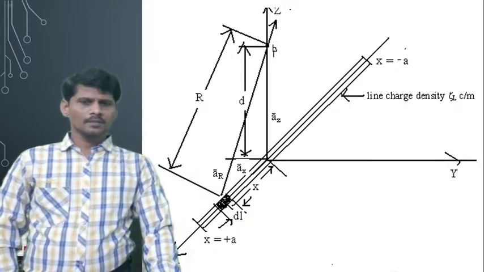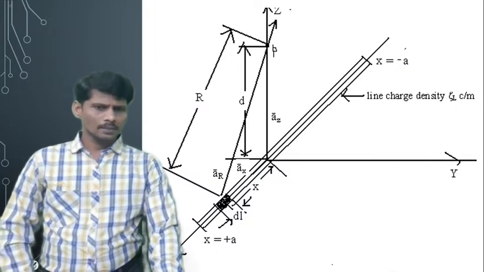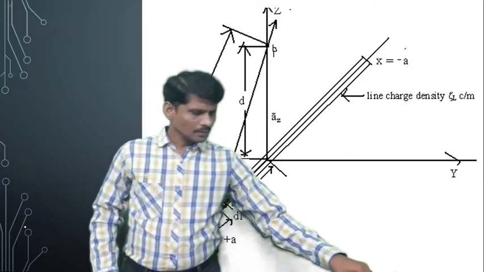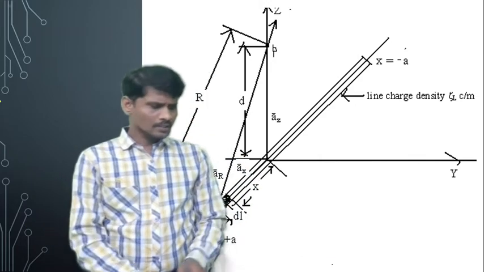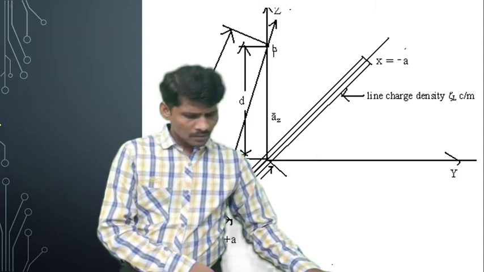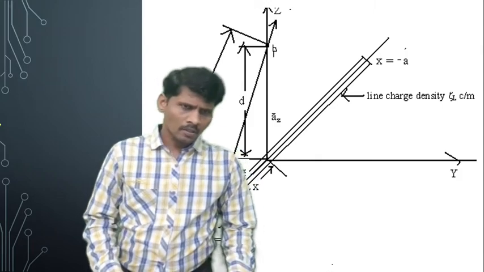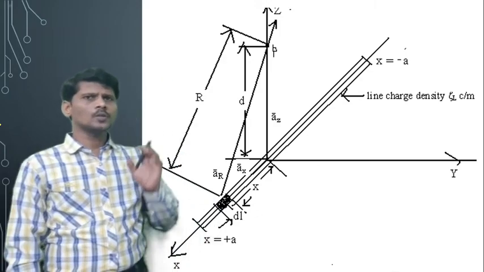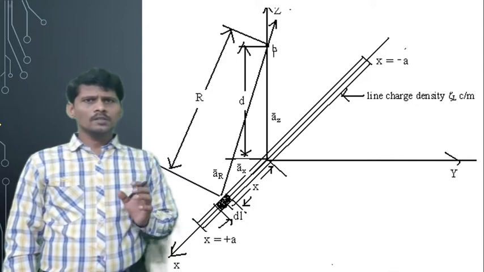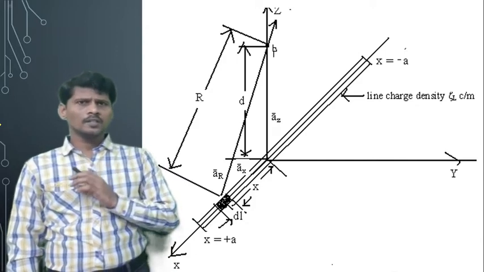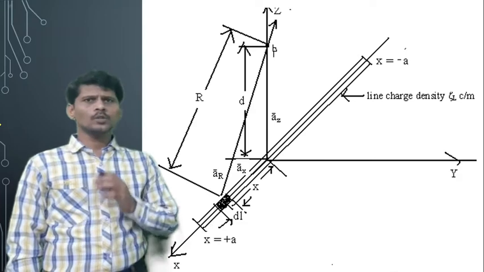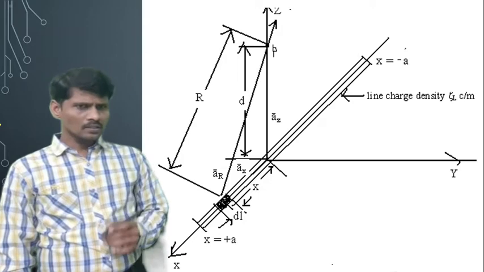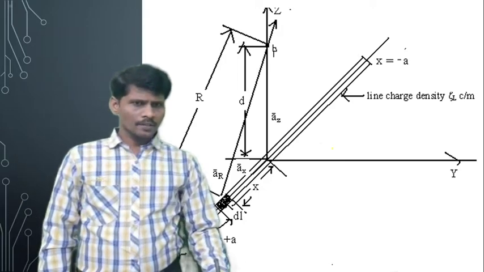The determination of the distance vector capital R bar from the figure. Now here the electric field intensity is calculated on the z-axis. Because of that, all the unit vectors moving towards point P will be considered as a positive sign, while unit vectors moving in the other direction, meaning not moving towards point P, will be treated as a negative sign. And this is az bar unit vector.